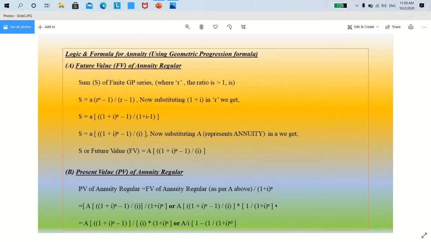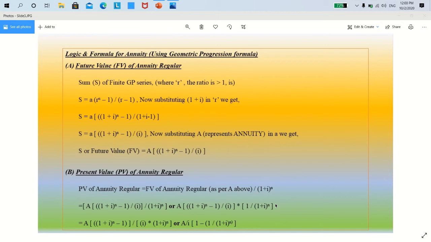Well, we have already understood that annuity plans can be of two types. One is either a regular plan or it can be a due or immediate plan. Now, the difference lies in the fact, which you have already learned in the earlier session, that a regular plan involves the annuity amounts to be paid or received at the end of the period. As an example, if Mr. Y has to pay me 5,000 rupees at the end of each year for the next 5 years